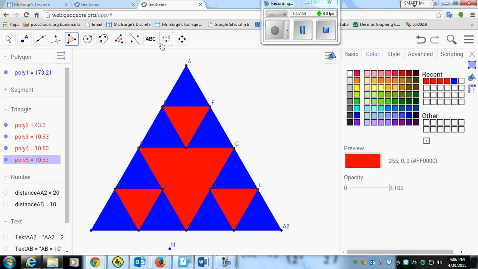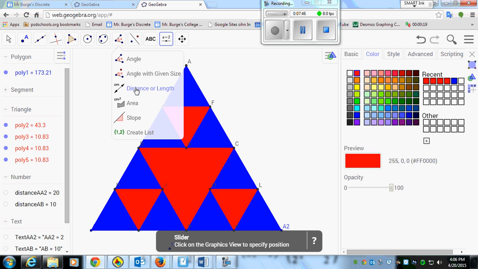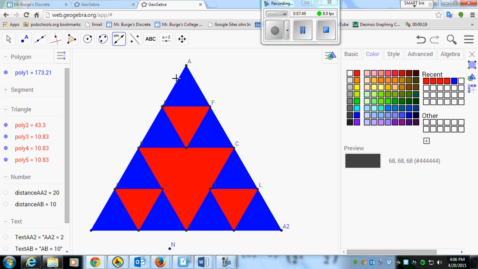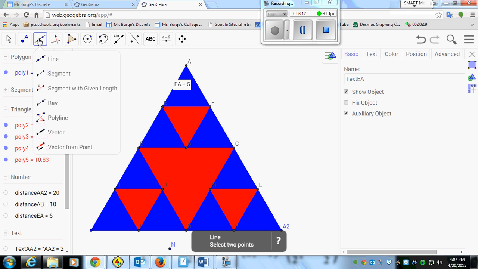Again, perimeter, it's really nice on here. I can come up here and find my distance. And now this distance from here to here is 5. So I know all the other segments are 5. So I can add up the perimeter of all my blue areas. So if I traced around all the blue triangles, what would the perimeter of this Sierpinski triangle be on this stage? Again, we can continue on to stage 6, and you don't have to do the whole triangle, but